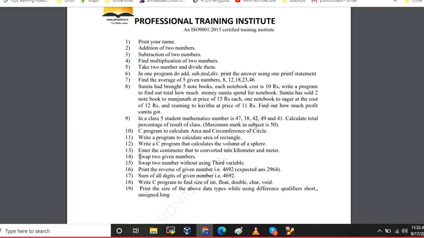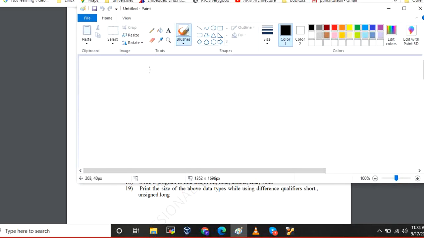You will have one question here, swap 2 numbers. Okay, and swap 2 numbers without a third variable. So for swapping 2 numbers, what you can do is, say you have two variables, 1 and 2.